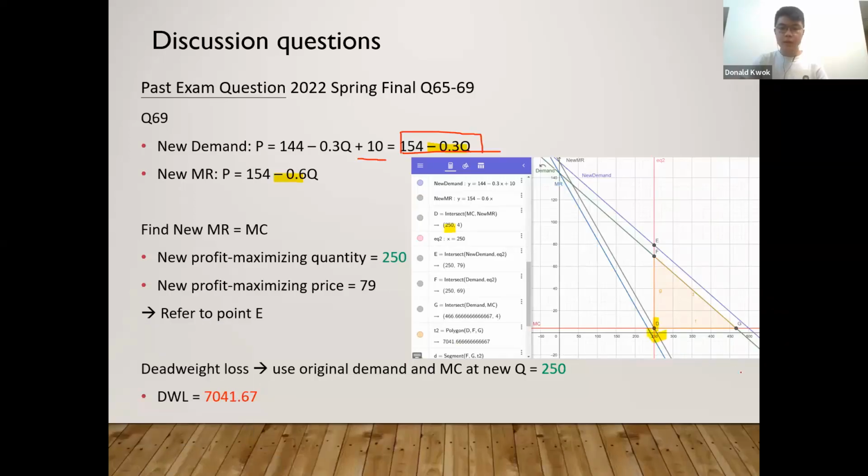And finally, step 4, to charge a monopoly price according to the new demand curve at this profit maximizing quantity. Okay, so point E will give us the new profit maximizing price, $79. And this is also the price received by sellers. And if you're required to find the price paid by buyers, nothing special. It will be 79 minus the per unit subsidy of $10, or equivalently, the corresponding price as suggested by point F would give us the price paid by buyers, $69.